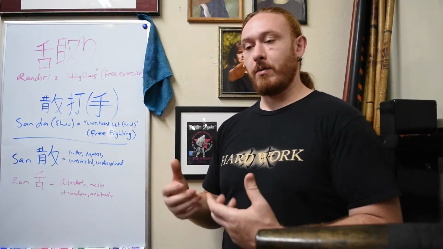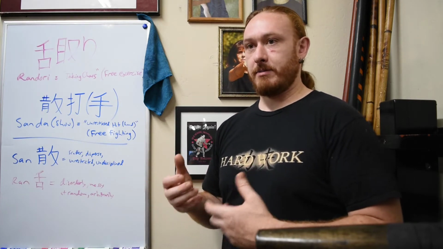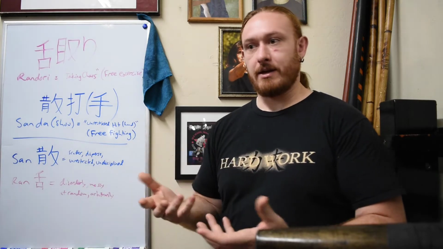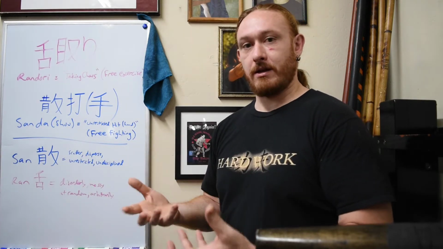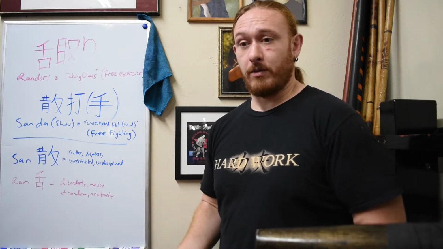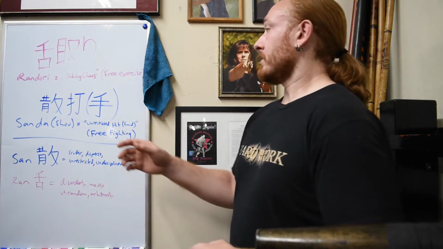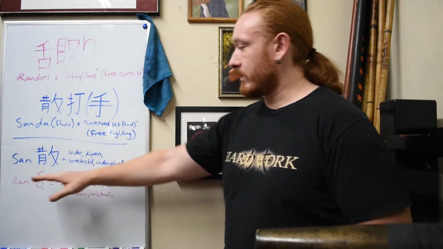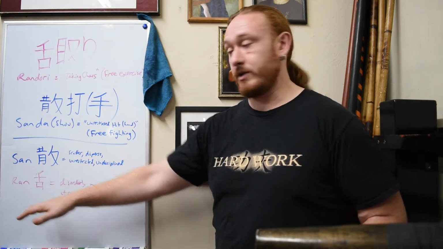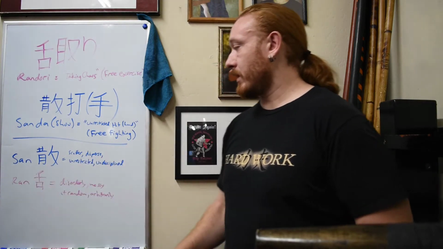techniques, right? When we say like, this hand, that hand, oftentimes it's a shorthand for saying it is a hand technique. You are practicing the technique of how to do something, and it tends to be an empty hand technique, similar to how ma, which means horse, becomes shorthand for stance. So when we look at that, the terms san and ran, now ran of course is the Japanese reading, it's not the Chinese reading of it. When san and ran come through,